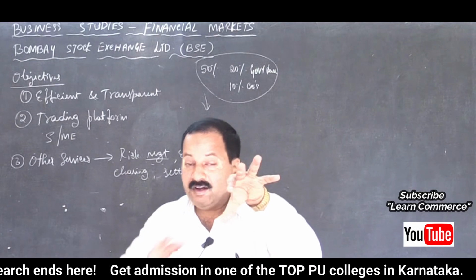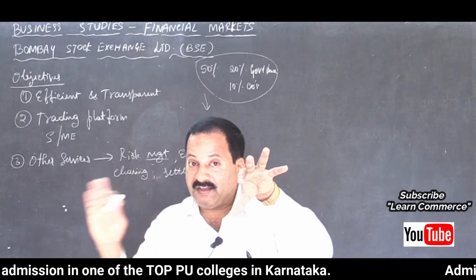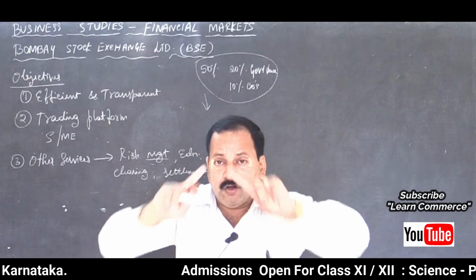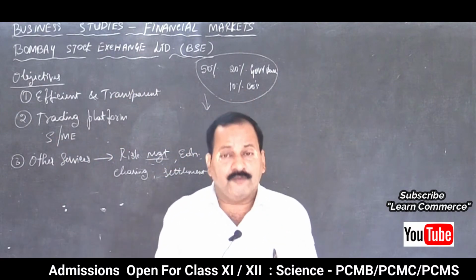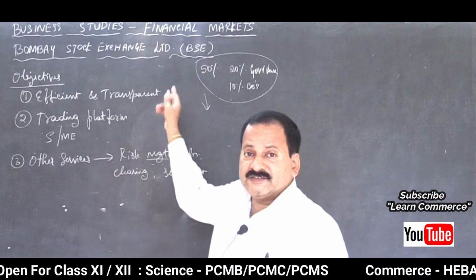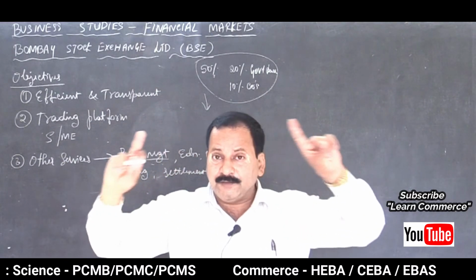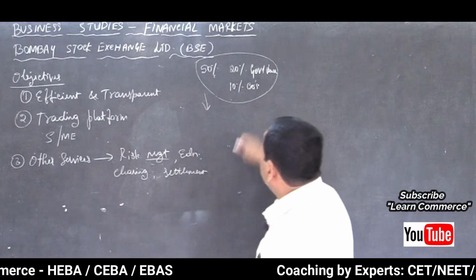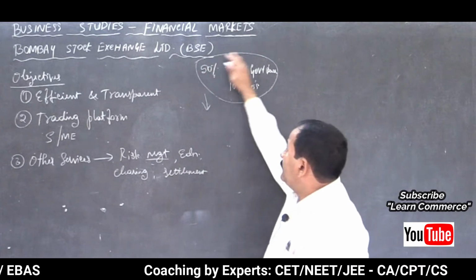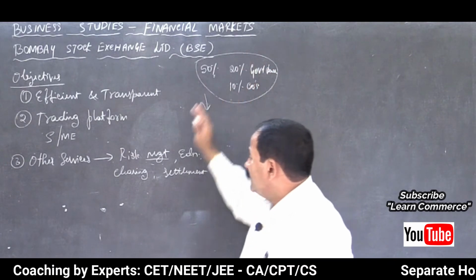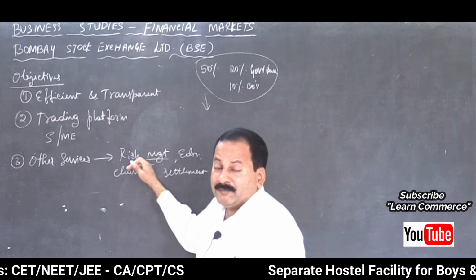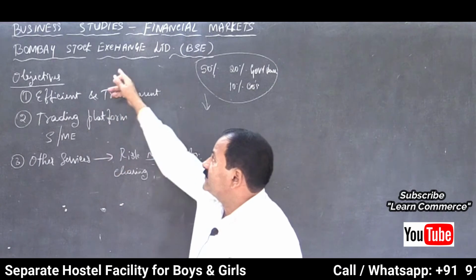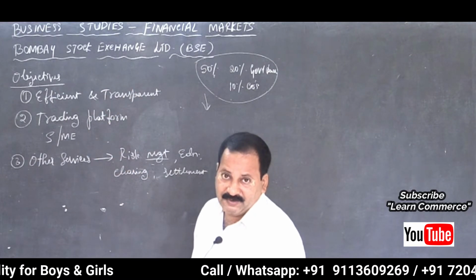So this is called diversifying the investment in a portfolio of securities. All the subjects are a portfolio of securities here, like shares, bonds, debentures, all these are the different investment opportunities, isn't it? So this is what the mutual fund companies will do. They will diversify their investments so that the risk will be reduced. They want to minimize the risk and maximize the return. So that is called risk management, which is done by Bombay Stock Exchange Limited.